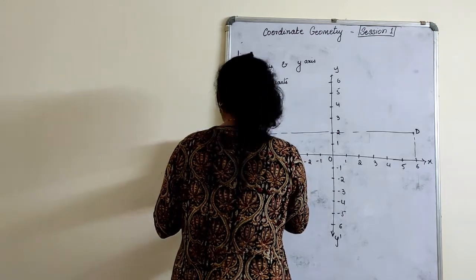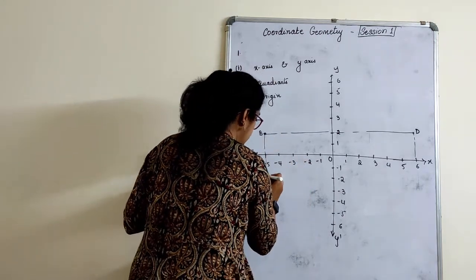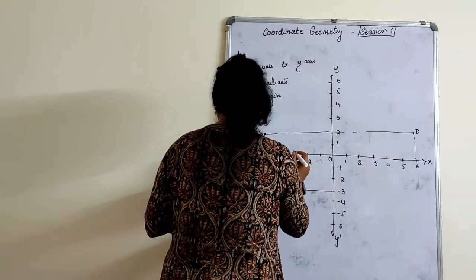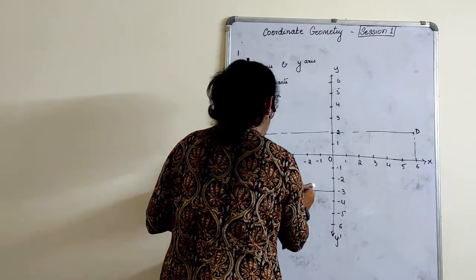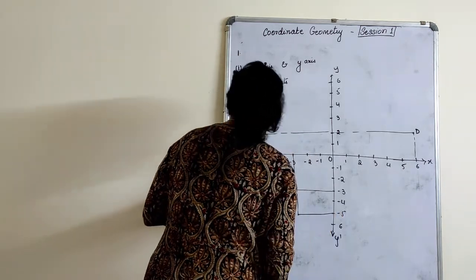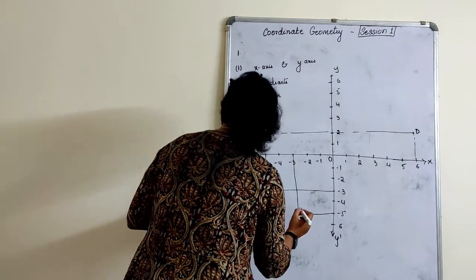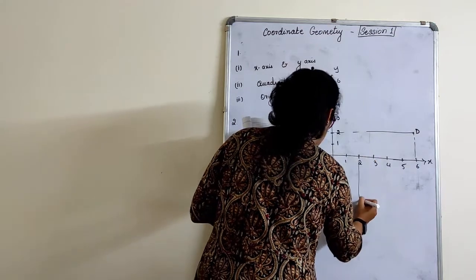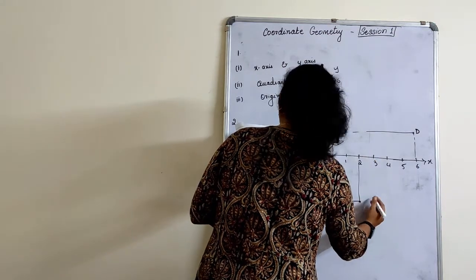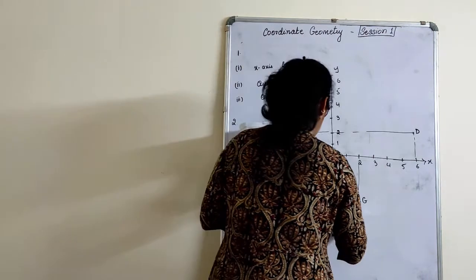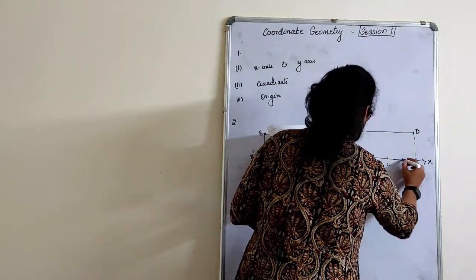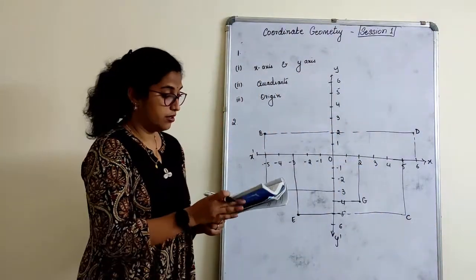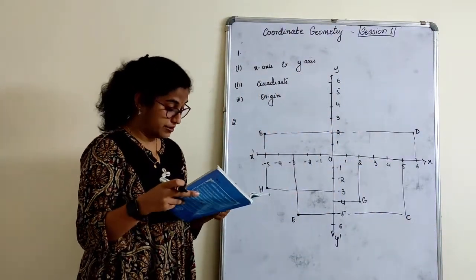Then minus 5, I have to bring down till minus 3, which is at point H. Then at minus 3, I have to bring down till minus 5, and that is E, right? So here 2, I have to bring down till minus 4, and that point is G. Minus 5 straight, I have to take this till 5, and that is C. Okay. Because I should show you here what points I am marking.